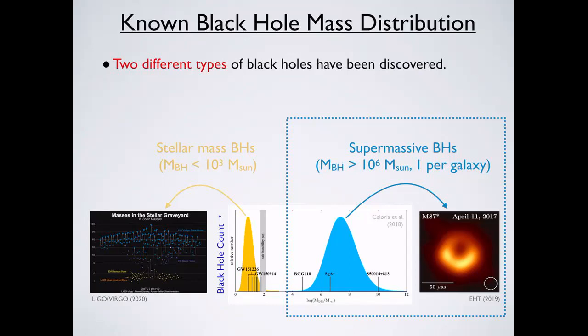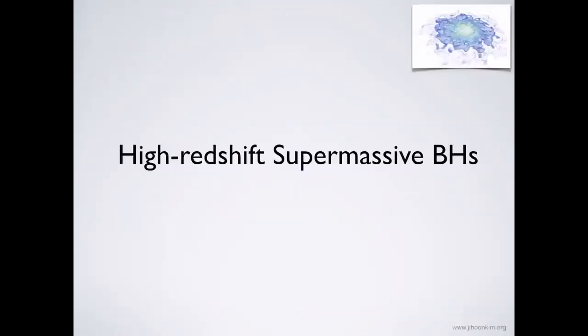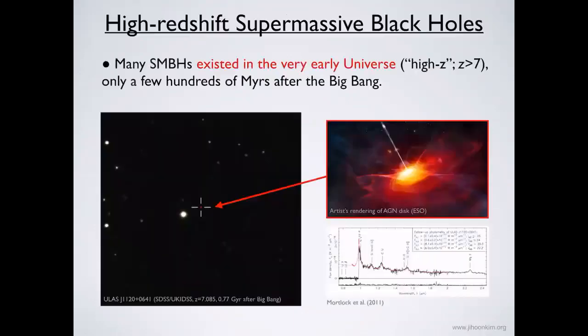But because that range is empty at this point, some of the questions being raised are whether these two types of black holes, stellar mass black holes and supermassive black holes, are of the same origin, or whether they start from a completely different starting point, different origins. These are the questions that can be immediately raised just by looking at the population chart.